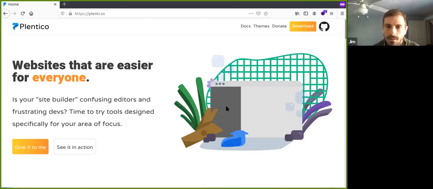Okay, so my name is Jim, and I'm the creator of this static site generator called Plenty. Now, Plenty uses a Svelte front end to build really dynamic and flexible front end experiences, and it's designed in a Jamstack fashion. So the idea is that you can build a really lightweight website, and then you can deploy it somewhere on like a CDN where you don't have to worry about managing your server or server-side programming